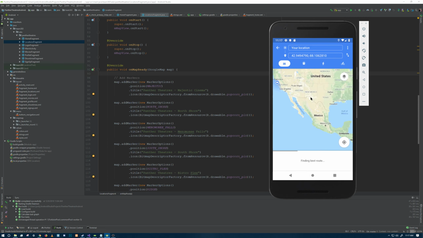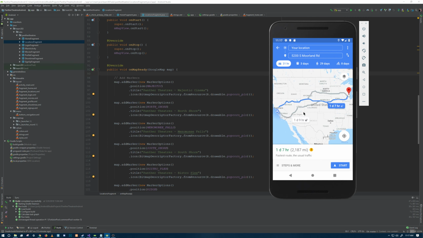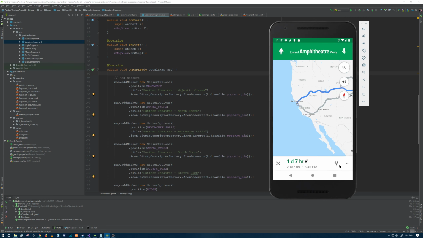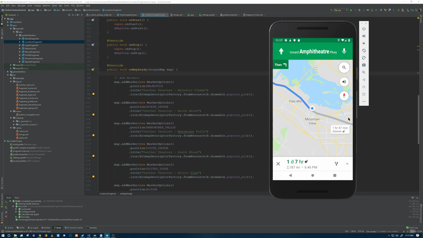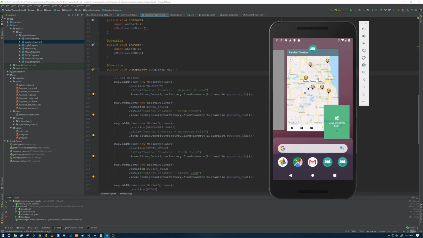Being in the emulator, it thinks I'm in Silicon Valley. So as you can see, it opens up Google Maps for you, and the directions work pretty good. Going back to the app,